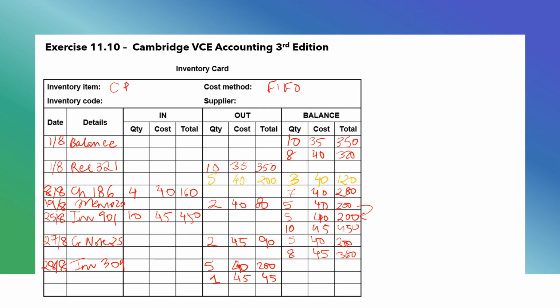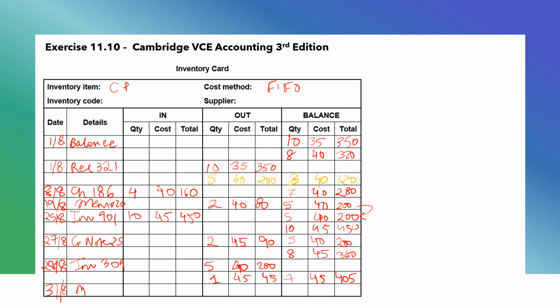Now that leaves us with, so all 5 here gone, so that cancels out, and it leaves us with 8 minus 1, 7 of the 45, total up 405. Then the last one on the 31st,